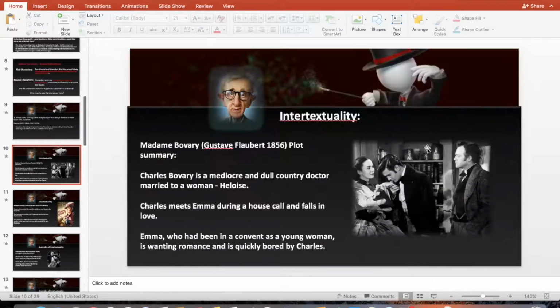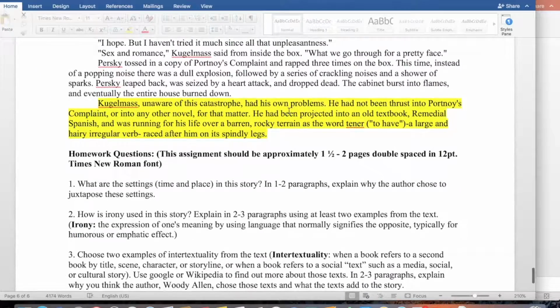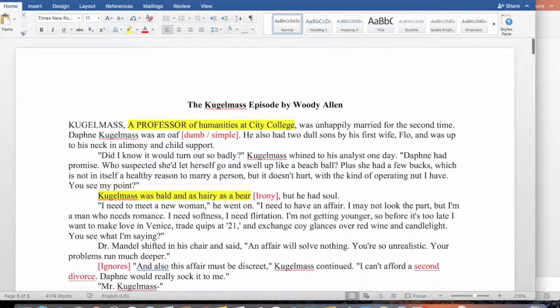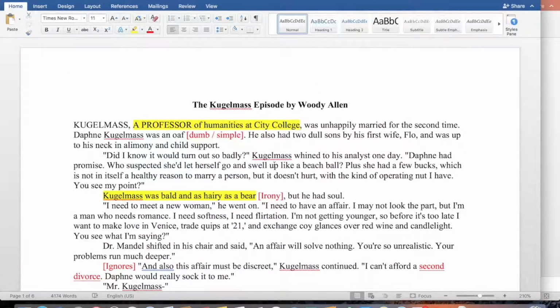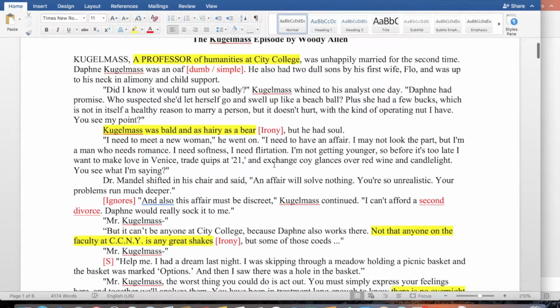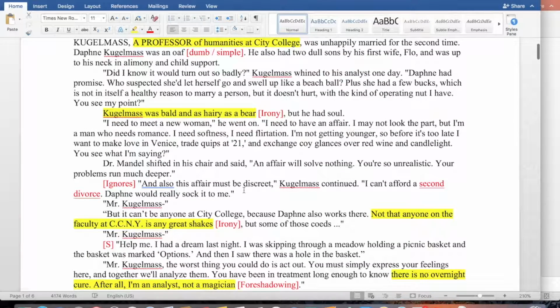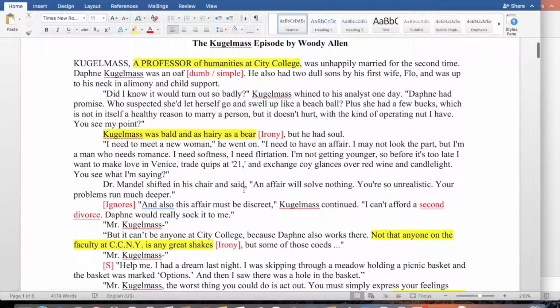And just a warning here, we're going to reread much of the text here, probably half of the text or more, because Woody Allen is a very complex writer. Even though his writing seems very simple, he's doing a lot of things in there. And it also draws out many of those concepts that we just talked about, from intertextuality to irony to something called metafiction that we'll discuss. So let's look at this. I'll read some